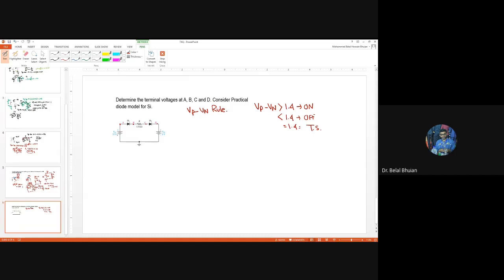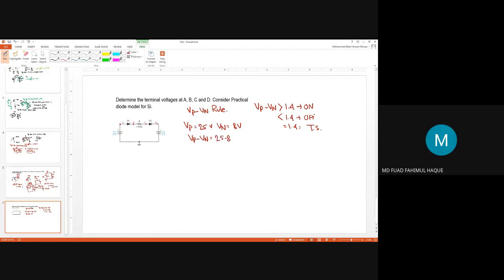So let's apply. First of all, Vp is equal to, this is P side voltage. So Vp is equal to 25 volt and Vn is 8 volt. So if we apply Vp minus Vn,